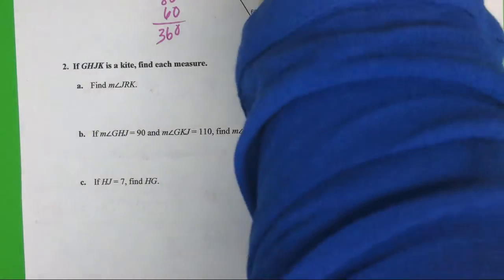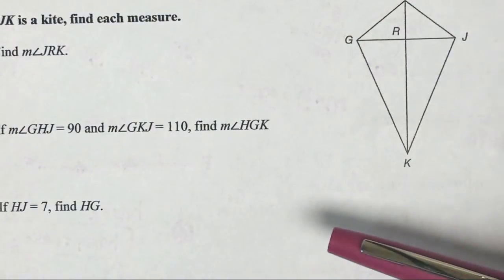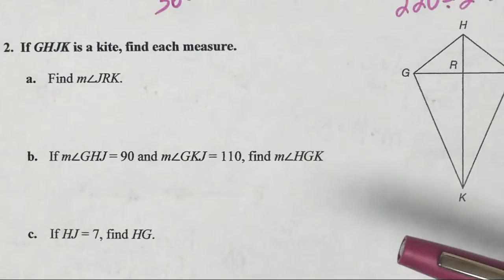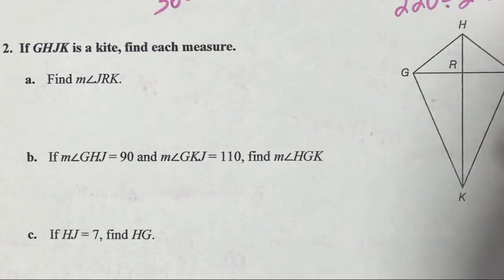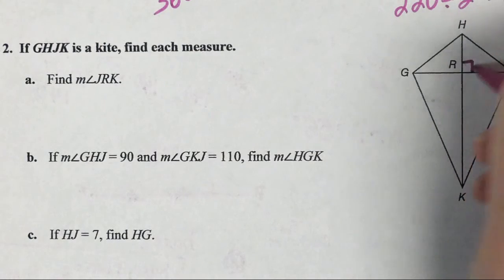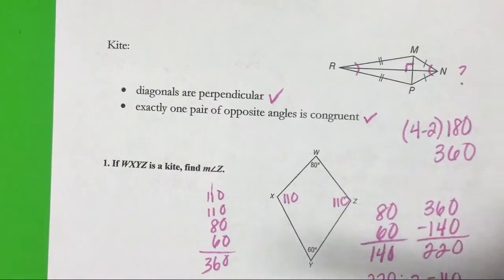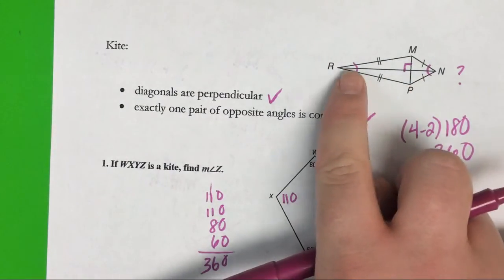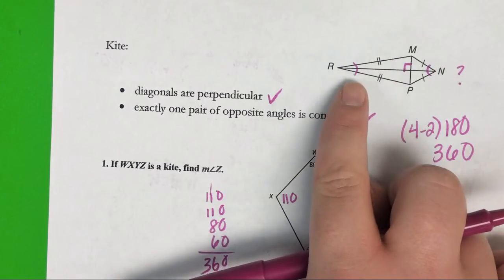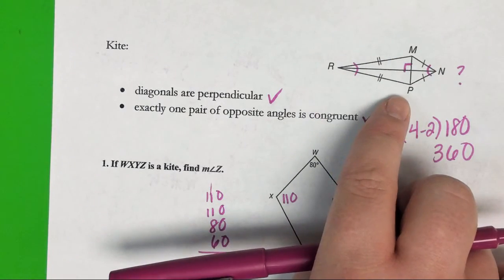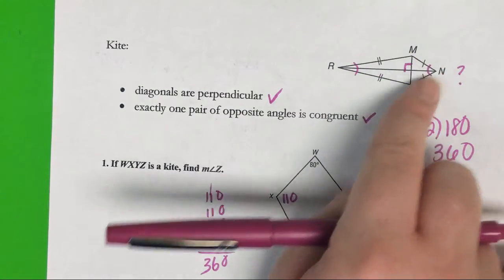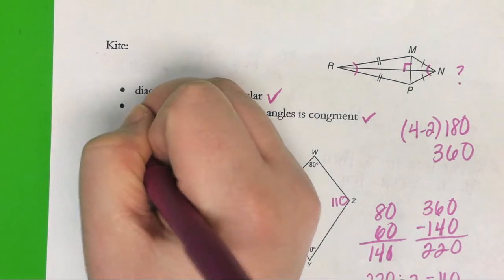Okay, our next example says if GHJK is a kite, find each measure. Well, let's go ahead and add the right angle box there. And if I really were to go back, I need to add characteristics because it's marked on this figure, but they didn't list it. It's that the longer sides match, like RM and RP, and the shorter sides match, like MN and MP. So I would say